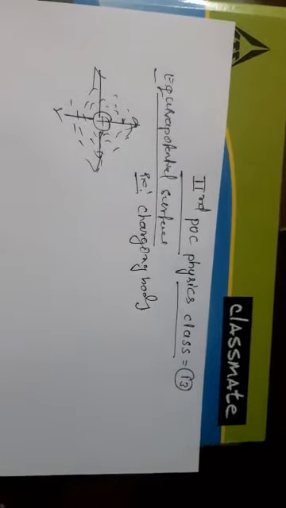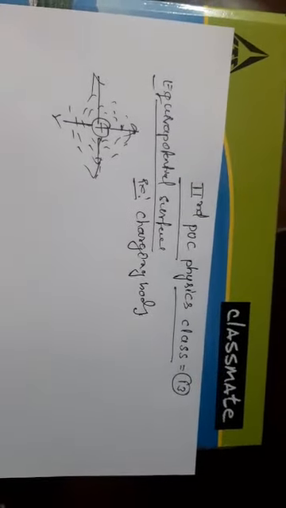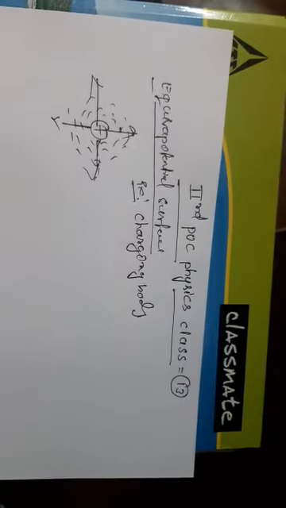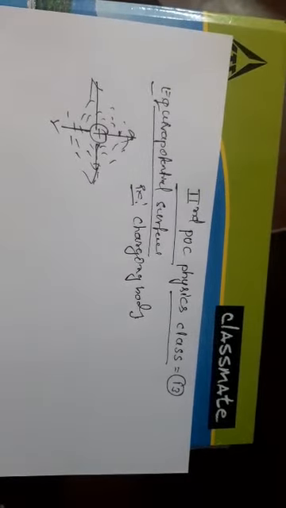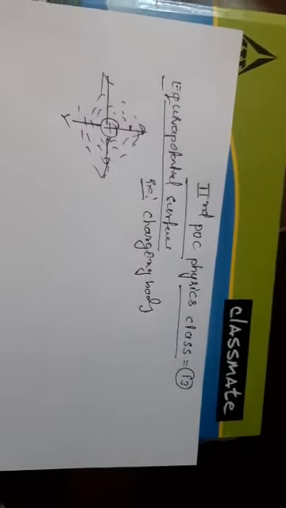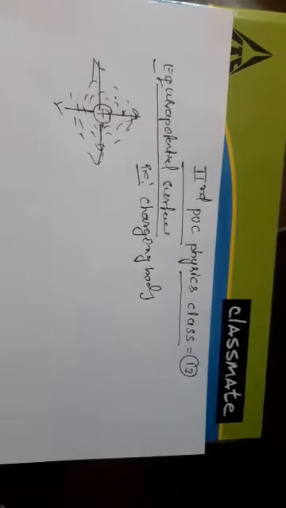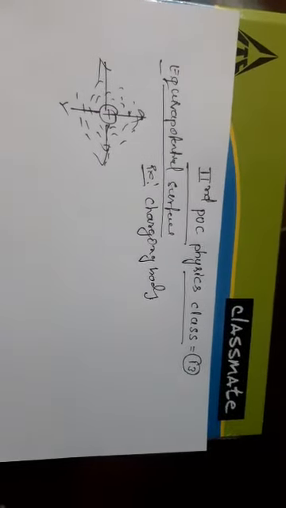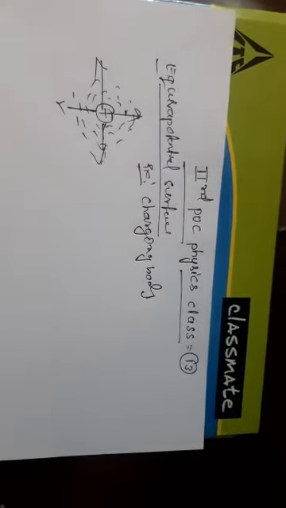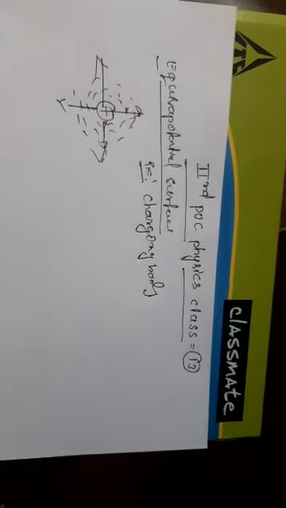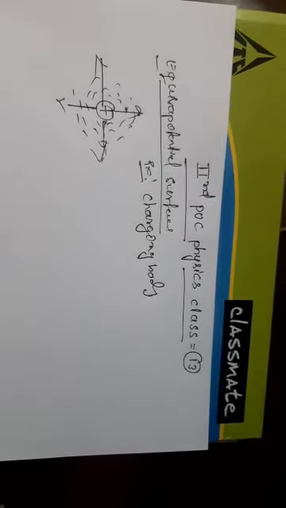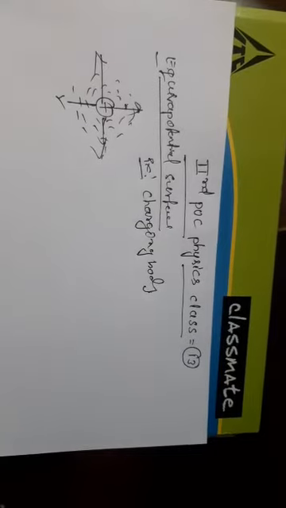Similarly, draw the equipotential surface of a negative charge and the equipotential surface of a dipole. A dipole means one positive and one negative charge, that is, equal and opposite charges. Also draw the equipotential surfaces of a pair of positive charges and a pair of negative charges. Those are the diagrams of equipotential surfaces.